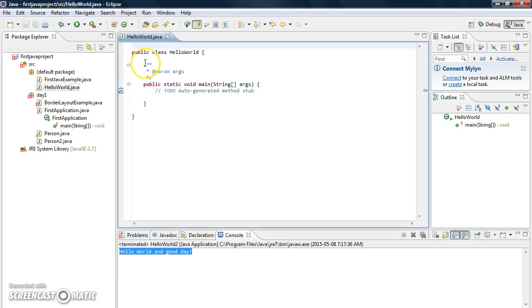So now this is our little program. This is the name of our class, and this is the keyword, and this is the keyword too. So, public class HelloWorld, and this is where we put the comments about our program. You need to put two slashes, and in between you put